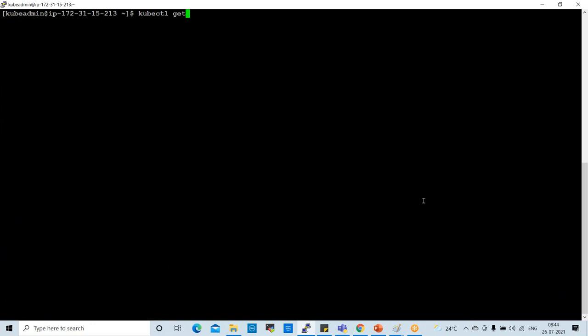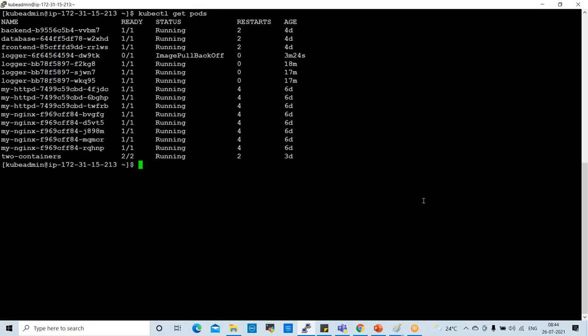kubectl get pods. Still it is showing like this. Now what will we do when we identify these logs? We need to map the pod to its deployment.